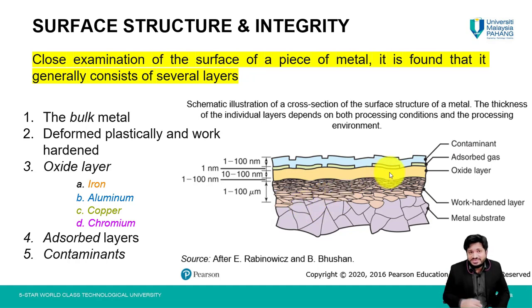So different materials have different oxides. For instance, if your bulk metal is iron, then iron oxide might be present. If it is copper, then copper oxides are present. So when we talk about iron specifically, it has iron oxide, and then above iron oxide, there is another layer, Fe3O4. Then there is another layer called Fe2O3. So iron has different layers of oxides present within an oxide layer.